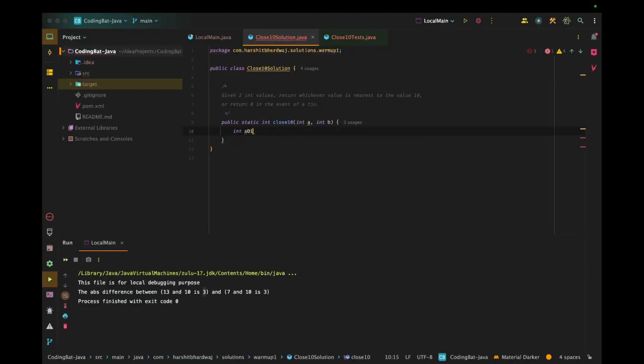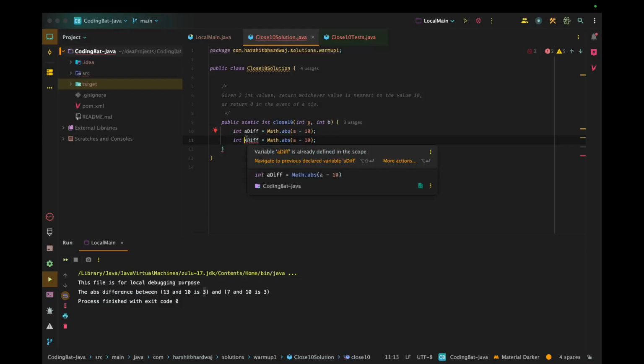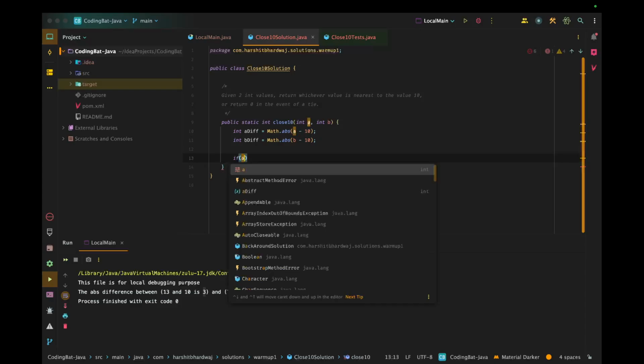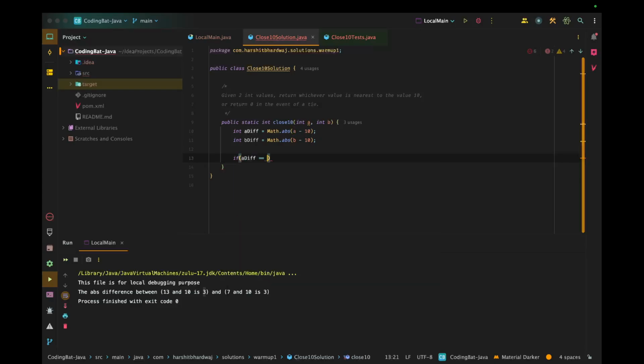First we will find int a_diff as Math.abs of a minus 10. Similarly, find the difference between b and 10. In case a_diff is equal to b_diff, return 0. This is the case of a tie.